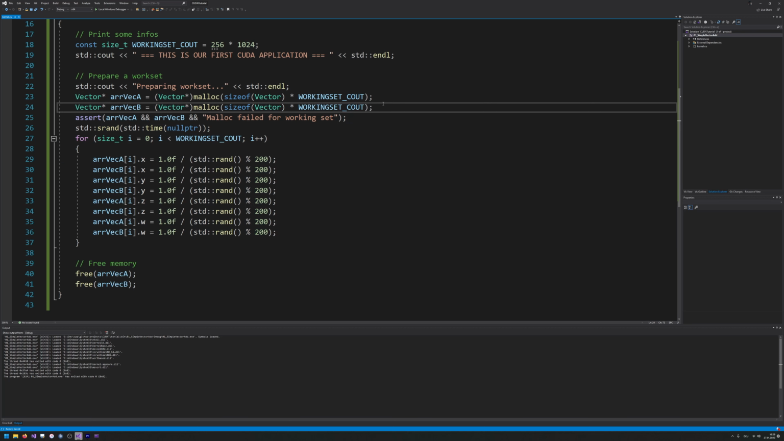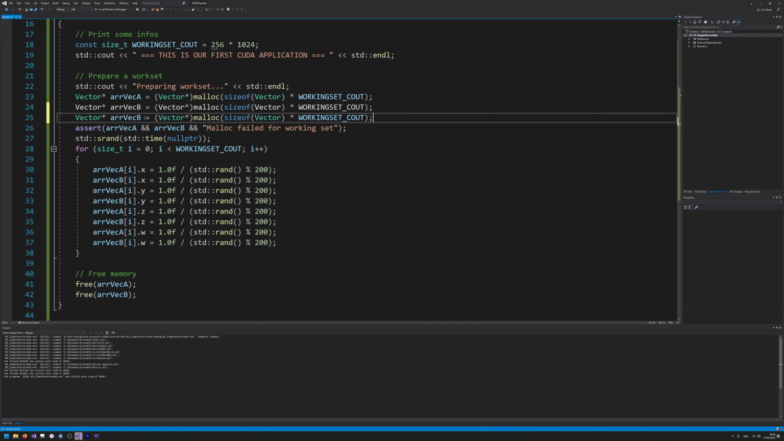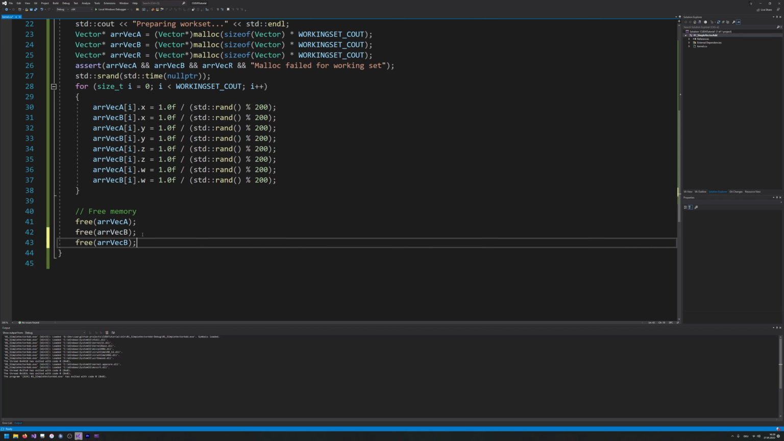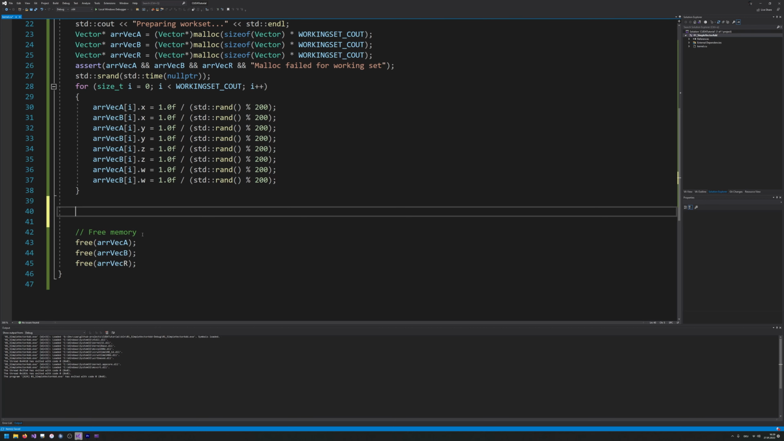So prepare working set. We are also going to need a result array. So we need an array where all of our results are written to. I'm just going to do this one as well here with the malloc. Now we basically have A, B, and result. So basically everything that we need, and we're going to put this into the result. Alright, of course let's also free the result, and before we free everything, I'm going to print some values